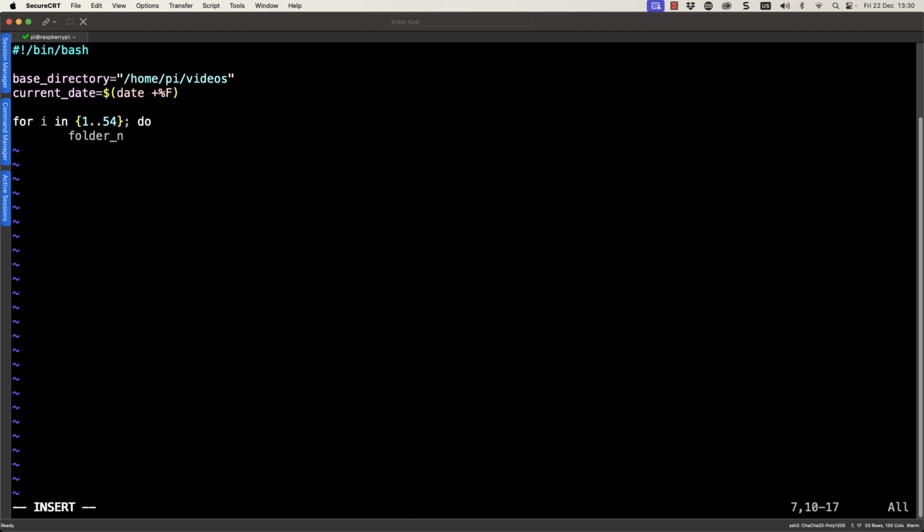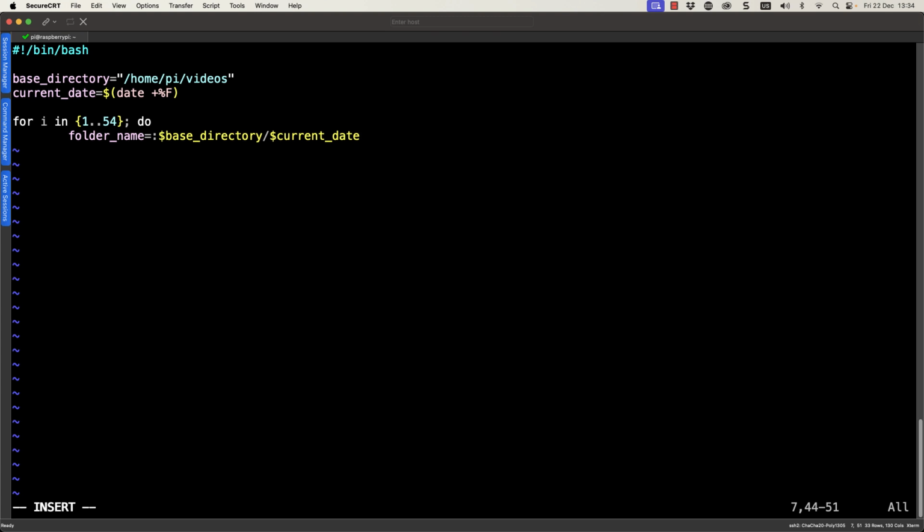We can set the folder name of what we need to create. That folder name is going to be made up of our base directory variable, and then within that base directory, we want to create a directory based on the current date. So we can put in our current_date variable.